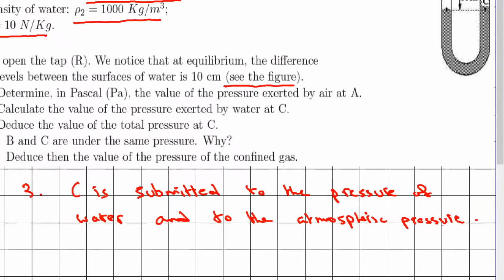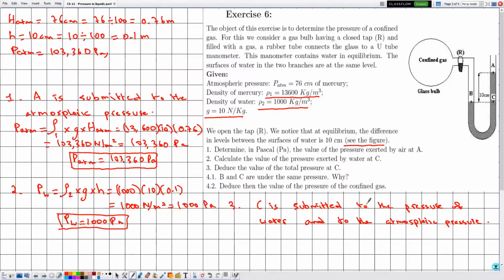So now in this case this statement is important, and they usually give it half a mark. Then the total pressure at the point C is given by the pressure due to water plus the atmospheric pressure. The pressure due to water is given by 1000, and the atmospheric pressure is given by 103,360. Plugging this into the calculator, then the total pressure at the point C is given by